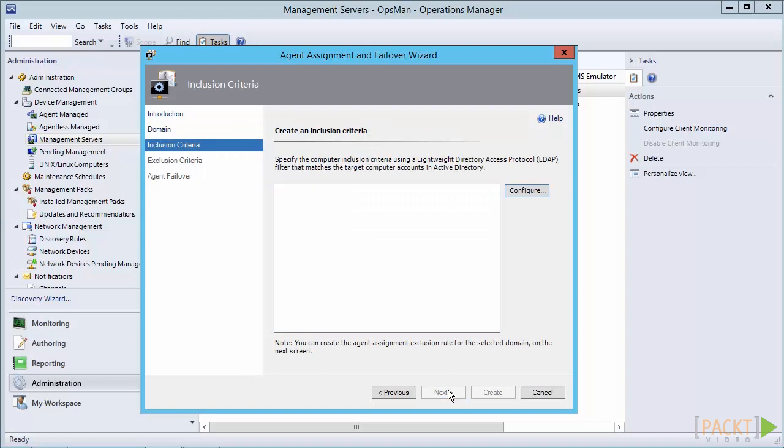And this allows me to build my criteria. So I can actually build an LDAP query that filters the targeted computer accounts in Active Directory that I want to be assigned to this management server. So once you click Configure,